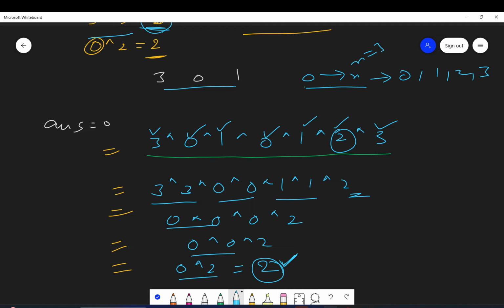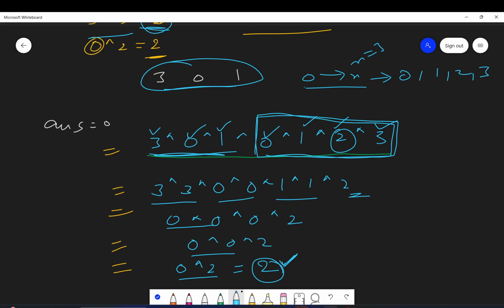Alright. So basically what we have to do is, we will take a XOR of these numbers and we will XOR them with the expected set of numbers which we want. So the same numbers will cancel out and the missing number will be left. So we will get that missing number. So I hope you understood this approach. Let's see the code.